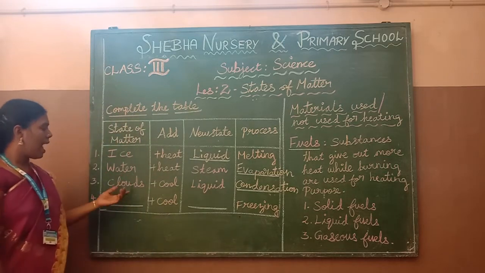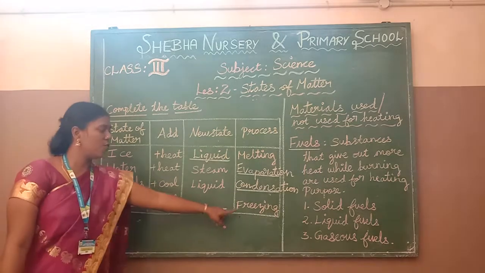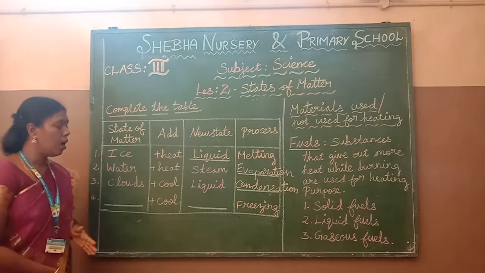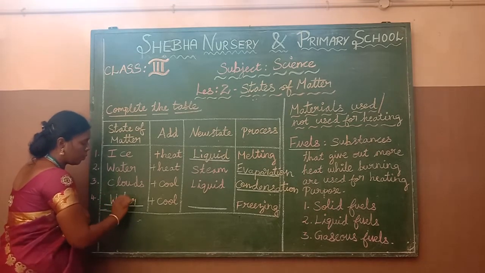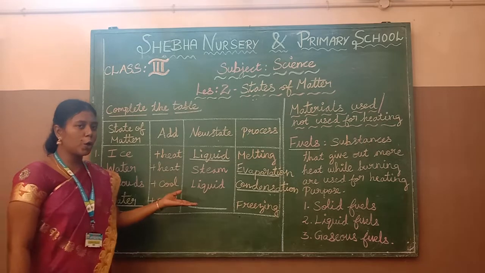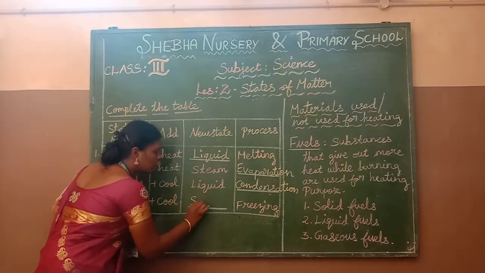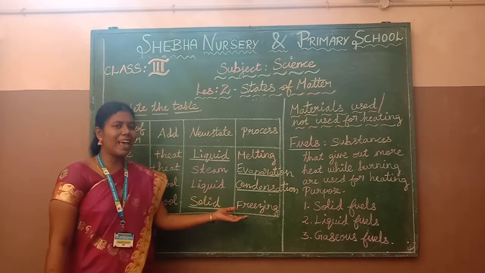Next, they have the state of matter blank and the new state also blank. Freezing. If we freeze and cool water, which state does it change to? First we cool the water. When we cool water and keep it in the freezer, it becomes a solid, an ice cube. Ice cube is the solid thing. So this process is freezing.